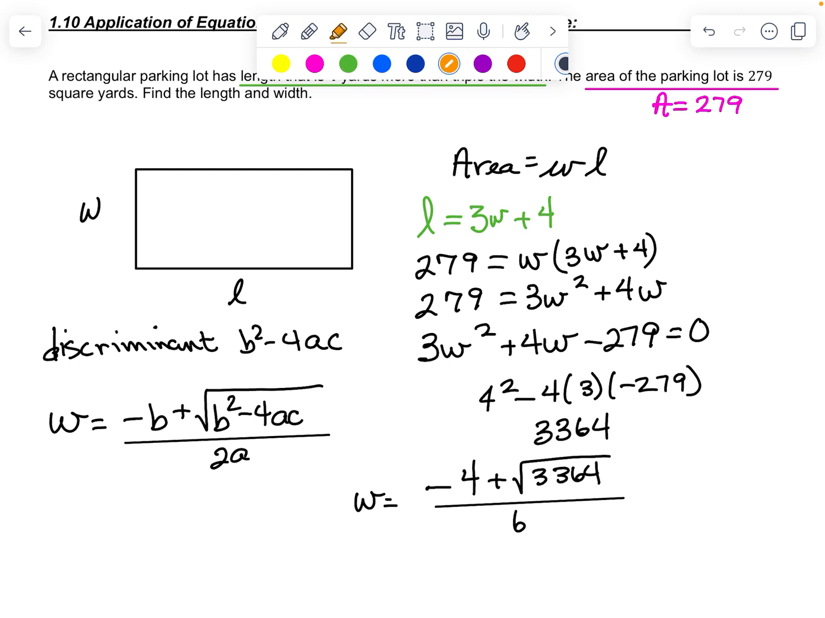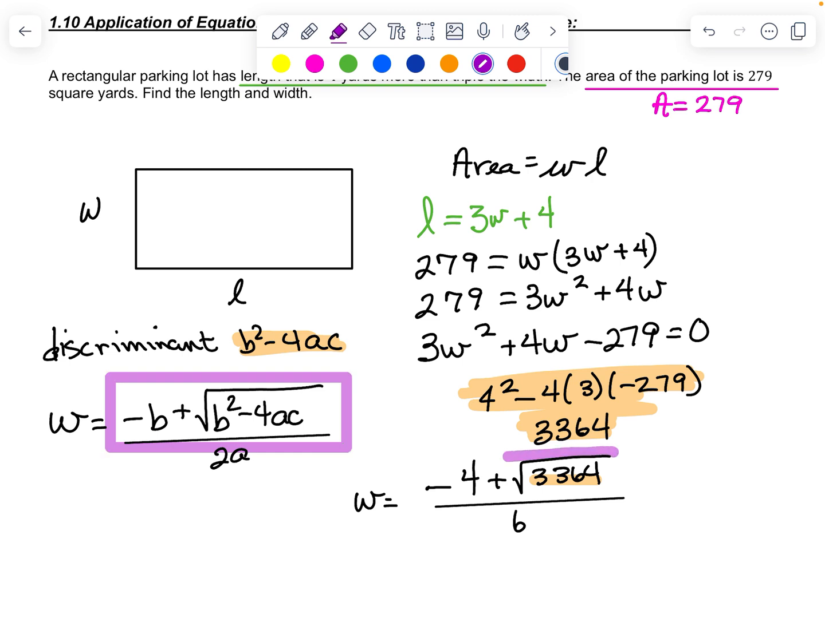So the discriminant is what I did first. So let's use a different color. I did this piece right here. And then I took that piece and I put it right there. And then I did the quadratic formula. Then I did all of this right here. And then if you type that in your calculator exactly the way you wrote it,